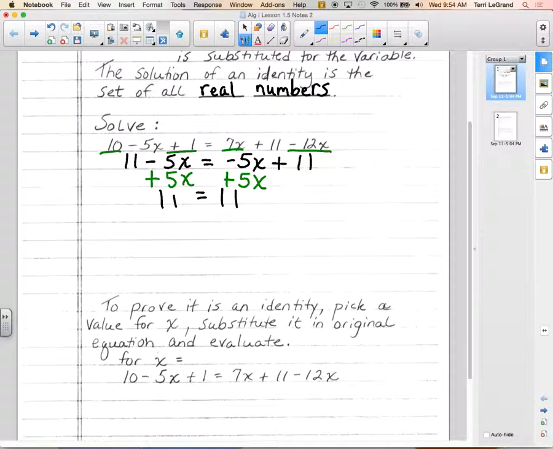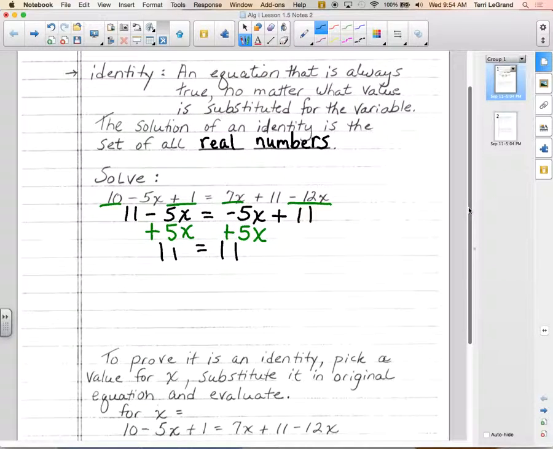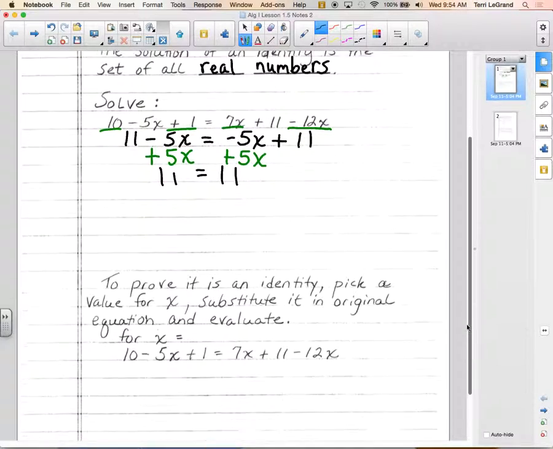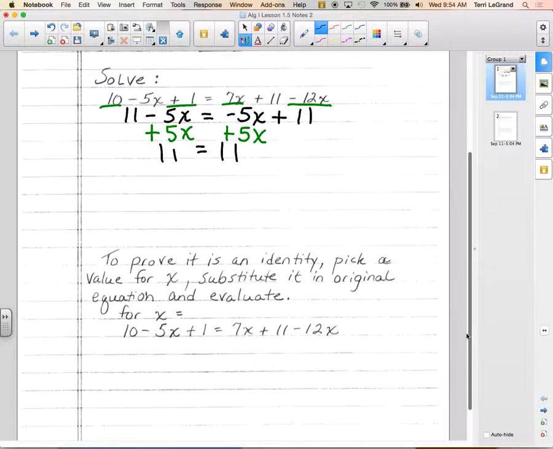Is this a no solution then? No, actually, remember what it says? It's an identity when, so an equation that is always true. Well, isn't this always true? Isn't 11 always 11? Yeah. So let's write this in our notes. Okay? When the variable eliminates,